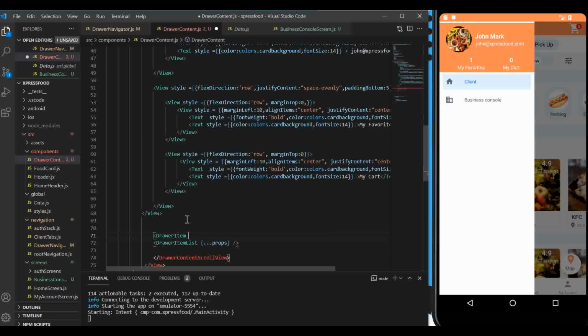Drawer item, and close the tag. Okay, and inside this drawer item, it can take the label prop, which is the name that will be listed here. Let's say for example, payment. And then also you can pass an icon to it. Sorry for that, guys, apparently I'm very tired today. And you can also pass a prop called icon, and then this will return an icon